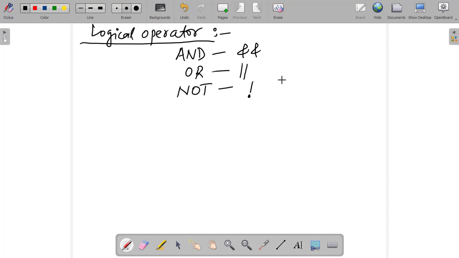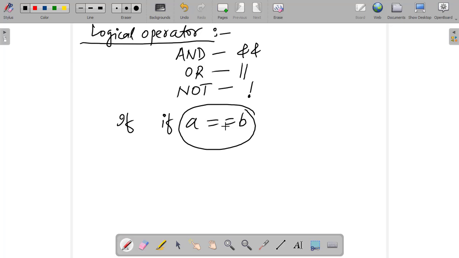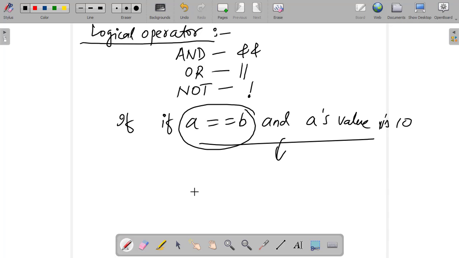Let us understand what these are actually about. AND means, suppose we want to check if A is equal to B. You have learned that the double equal to symbol means equal to. So if A is equal to B and A's value is 10, we can think like this: if A equal to B and A is equal to 10.